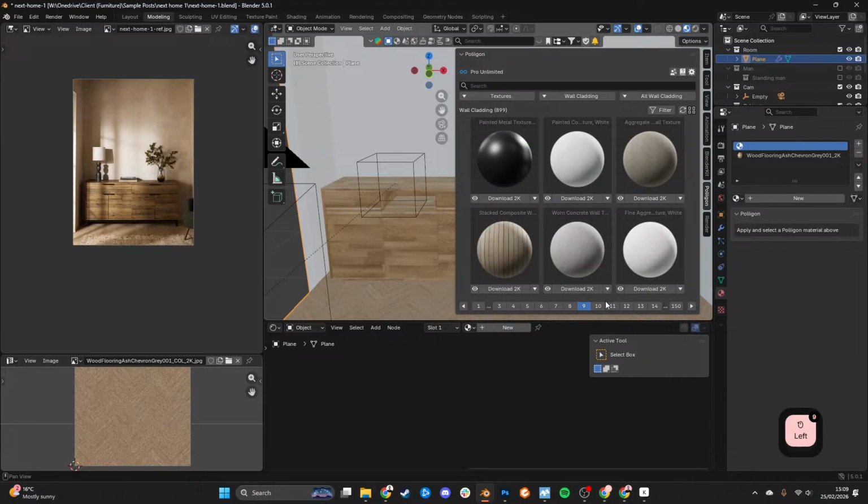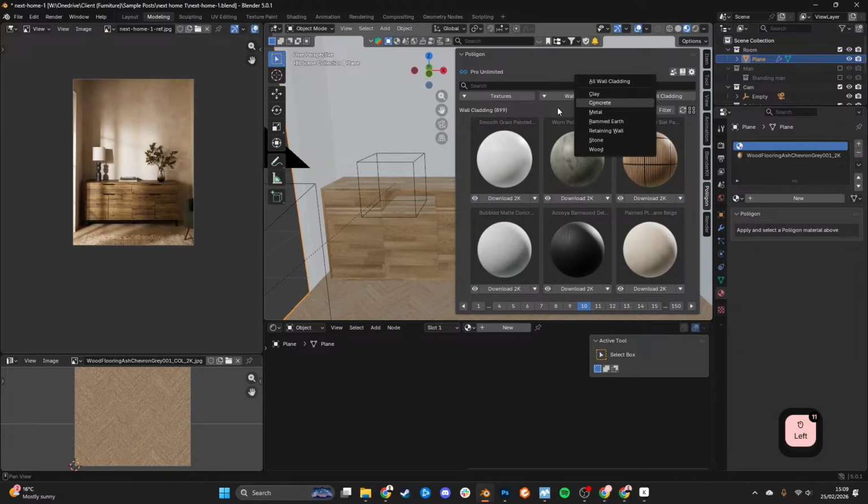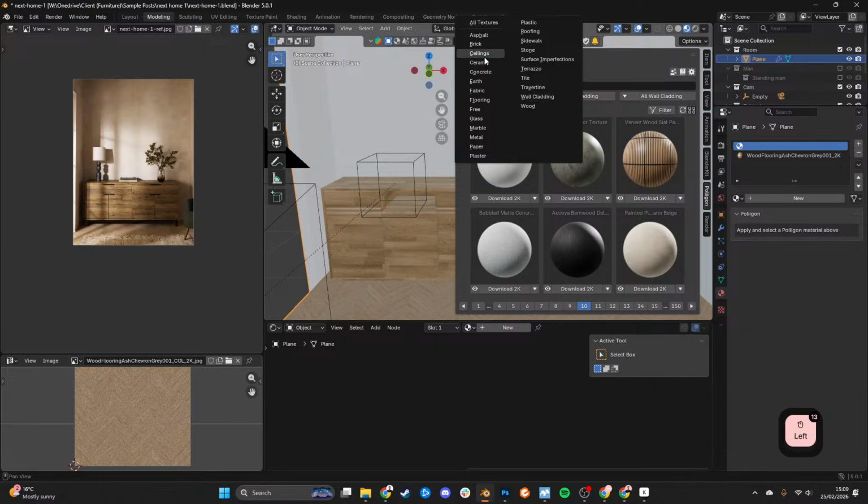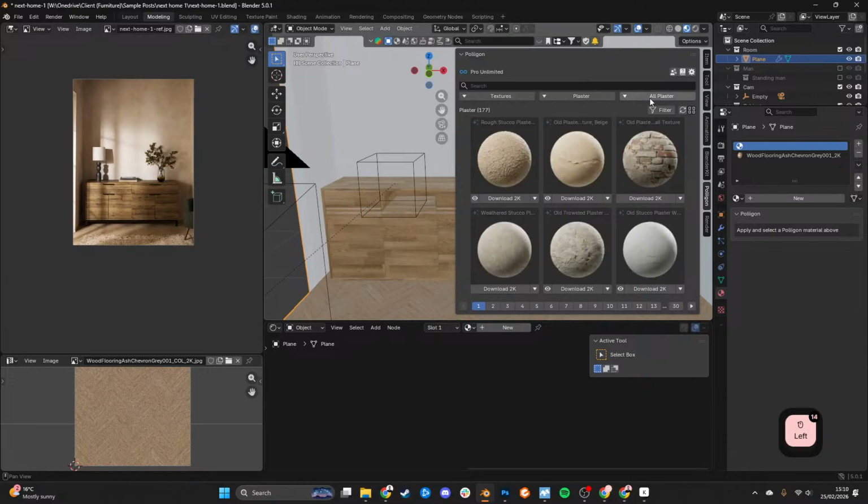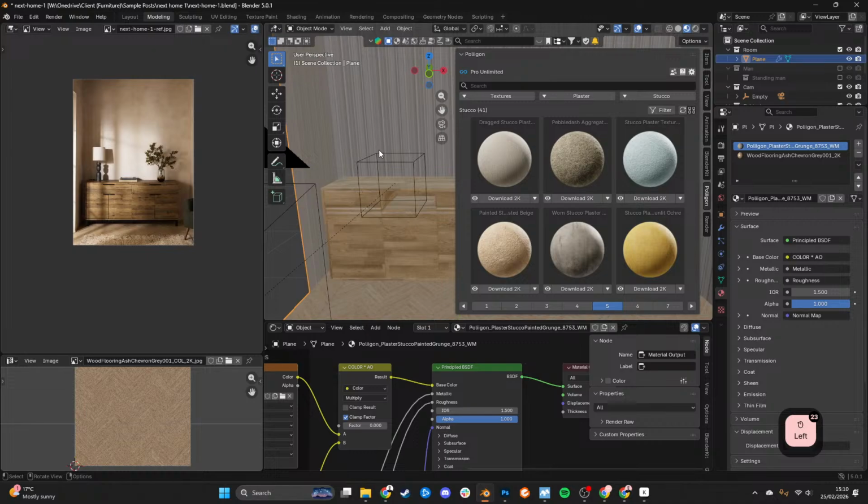No, yeah, it is exterior. Ceilings. Do you reckon it would be in plaster? Yeah. Let's check this one. Yes,